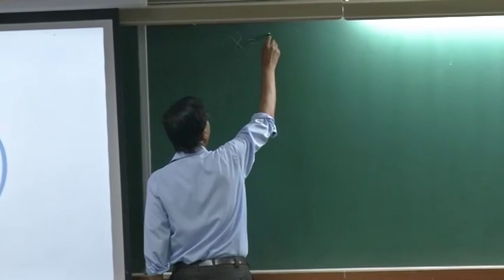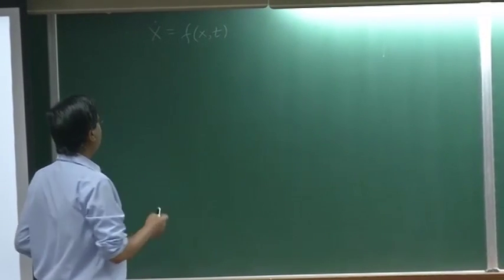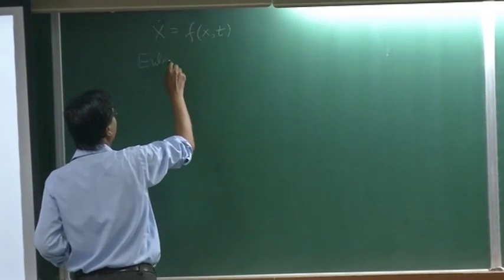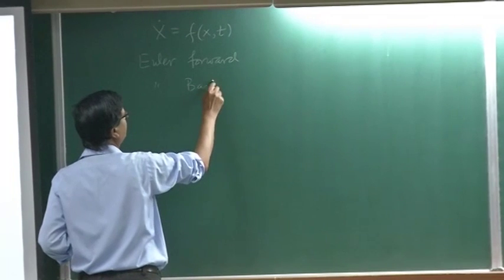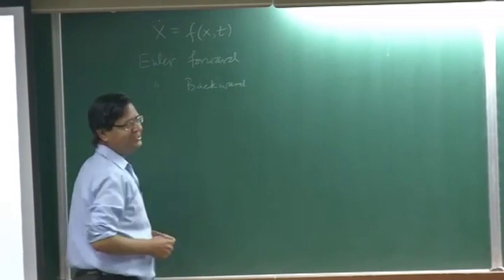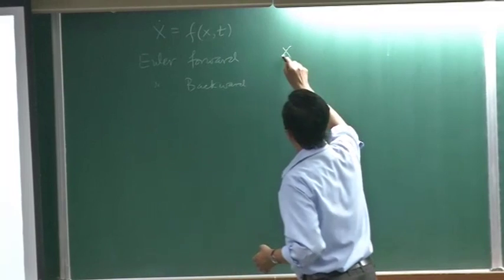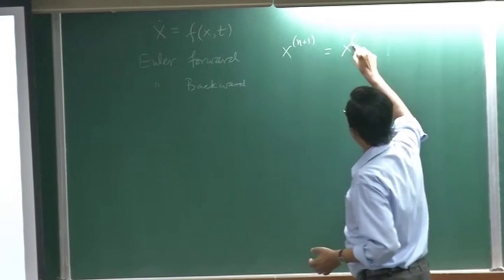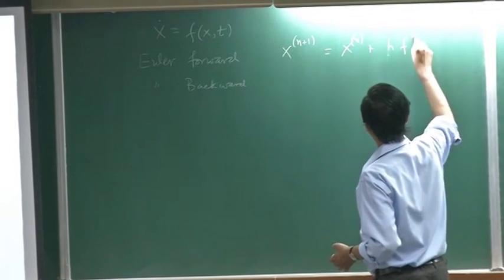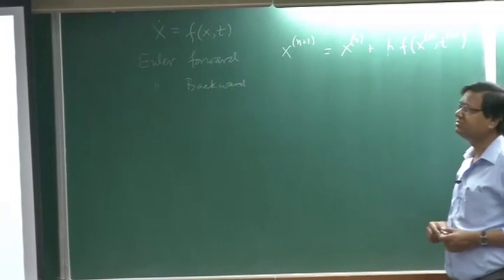So just to recap, we wanted to solve x dot is f(x,t) numerically. So I showed two algorithms, Euler forward and Euler backward. I am going to change my notation a bit for the future. So this was x, I wrote subscript n plus 1. So I will write like this: x_{n+1} equal to x_n plus h f(x_n, t_n). So that is forward Euler,